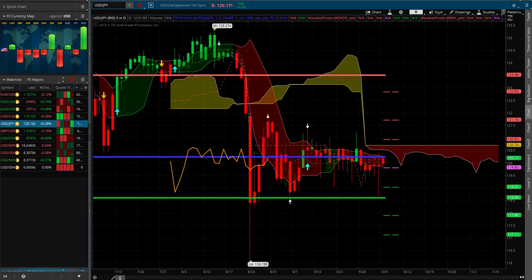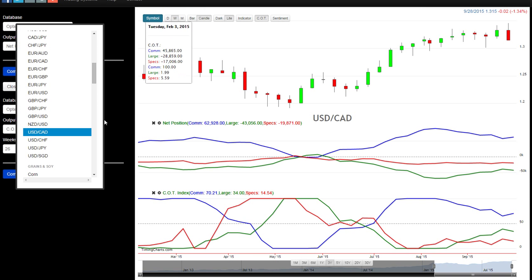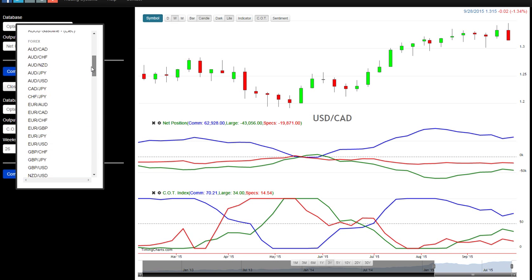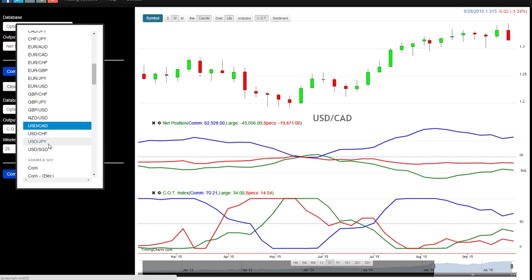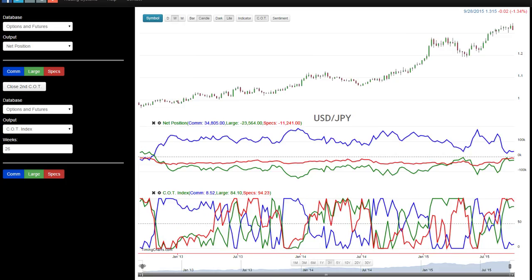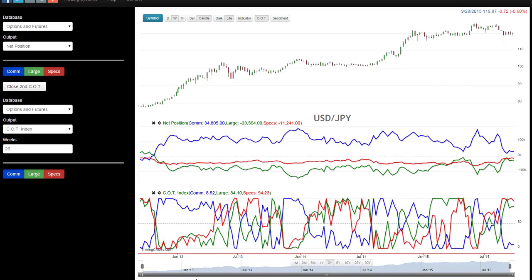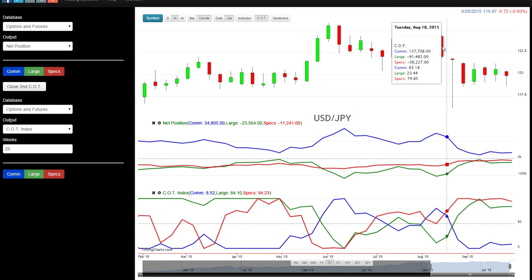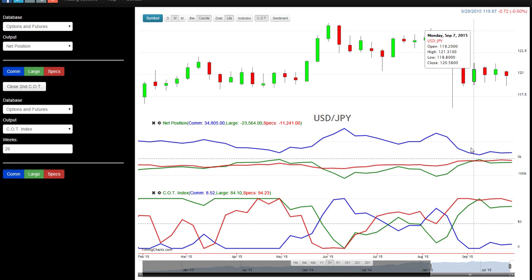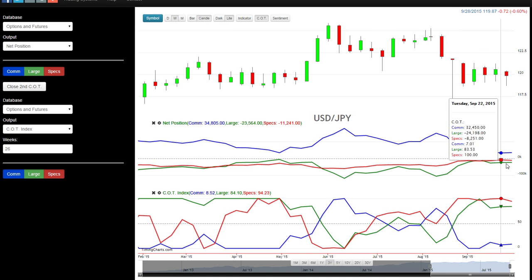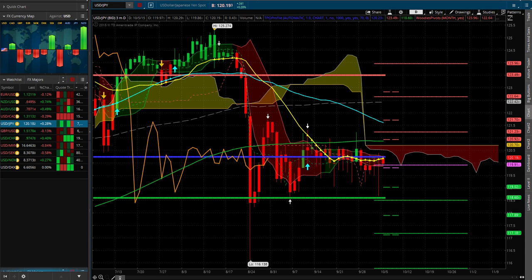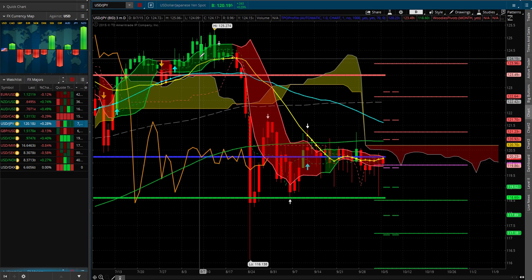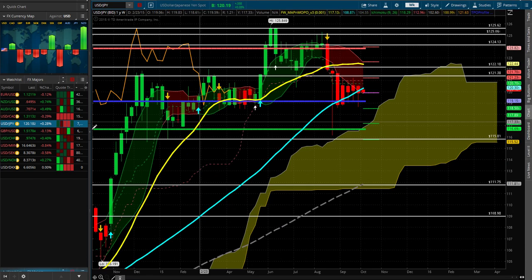Dollar yen. That is just a chop fest. Where is the dollar yen? Let's see what we got here. It's just chop. Look at that. Put that high in June 1st. Mind you, this is weekly. Look at all these weeks, 1, 2, 3, 4, 5, and it's just been chopping around, and nothing has really happened. The money's just going sideways. There's really no big players coming in to do something here.